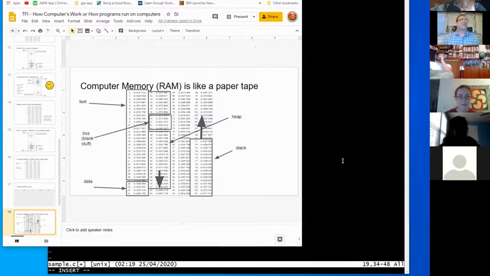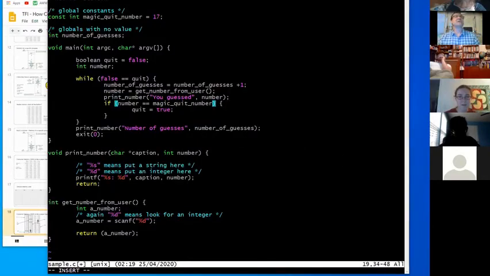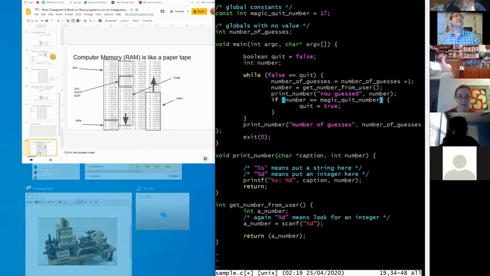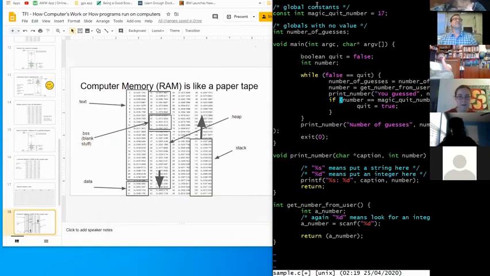So here's our map of memory. And here is our program. So our program gets turned into numbers. Do you agree that our program has to get turned into numbers the computer can run someday? Yes. Boy, this is getting long and boring, I can tell. We got to make this work better. Hold on. So we got it turned into numbers, and we're going to stick all those numbers here in the